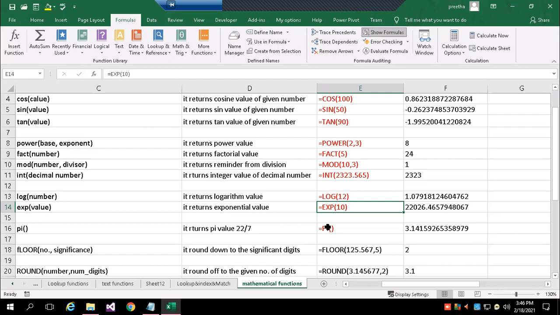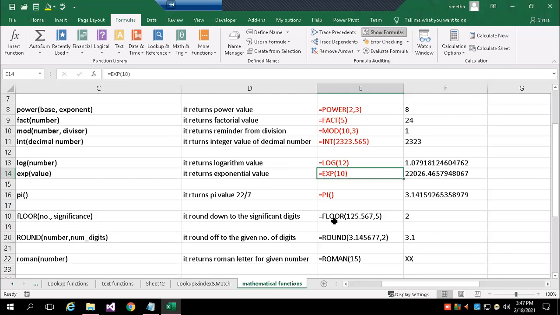In physics and chemistry they will be doing a lot of research, so they will be calculating values. Those people need these functions. Then we have pi also, pi r squared, area of circle. To get the pi value, I can use equals PI of.